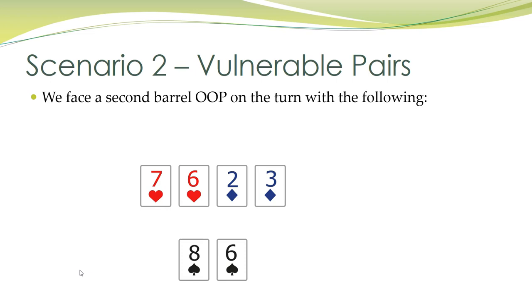Now the issue we have here is that even if our pair of sixes is good, it's going to be very, very difficult to figure out whether we can call a river bet in this spot. The other thing to keep in mind here is the price we get on the turn is not really our true price. Because let's say our opponent bets half pot, for example, so that means we're going to have 25% pot odds. Even if we had exactly 25% equity against our opponent's range on the turn, it would still be